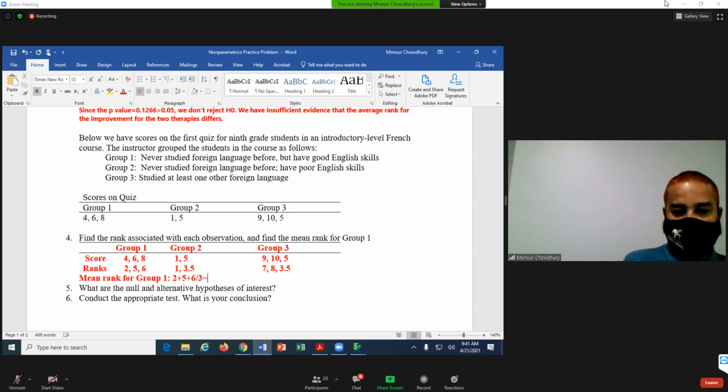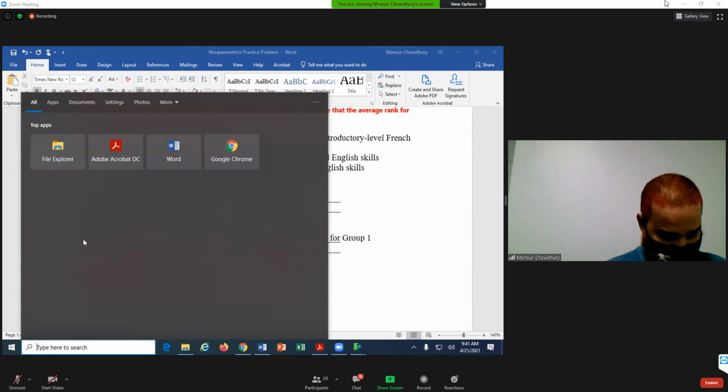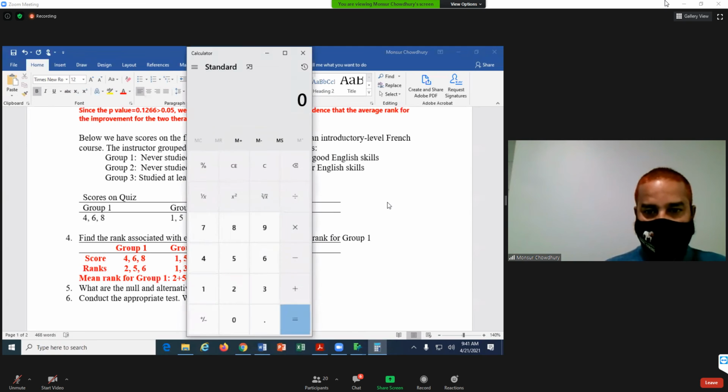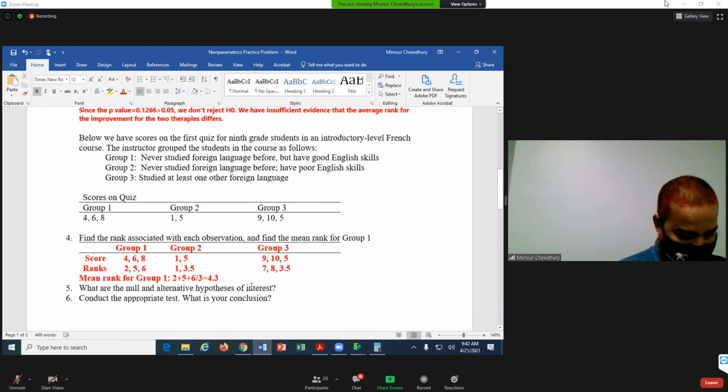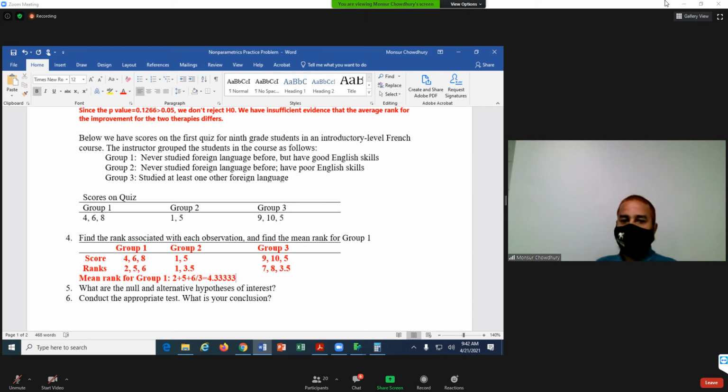So we get 13 divided by 3, which is 4.333. So we take the average rank for group 1.